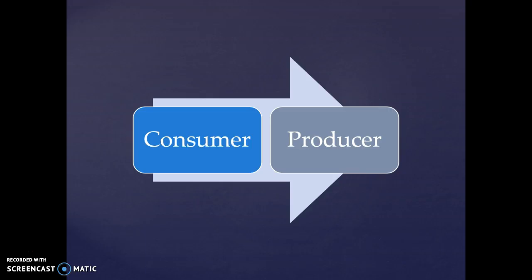So hopefully during the experience that you've had in this class, you have shifted from the left to the right here. You've shifted from being just a consumer of media to being more of a producer of media. And as you look to try to see what types of media are out there to meet your purposes, if you find that there isn't anything that's adequate, you can also produce some media that will be adequate. And likely if you produce media that fulfills a specific need that you have, it will also fulfill a need that somebody else probably has as well. And so it can become popular in that way.